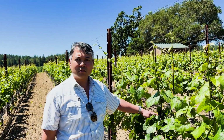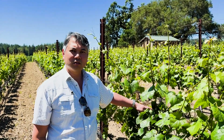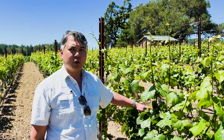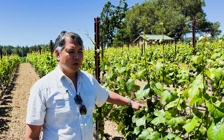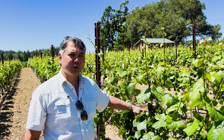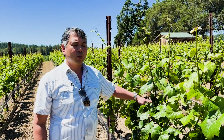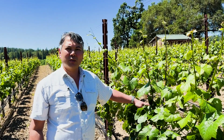Now, you've been here since 2011. You've been in the Russian River Valley for your whole 20-plus year career making wine. Right, yeah. When do you think the vineyard starts to take over more so than clonal selection, or does it? Yeah, I think it's a fascinating question. There's no real science behind it, but definitely, I think after the first couple years, the plants are still developing a root system. I think you really do need to get into that 20-plus year range to get that level of consistency. Where it starts to shed its identity as a clone is yet to be determined,